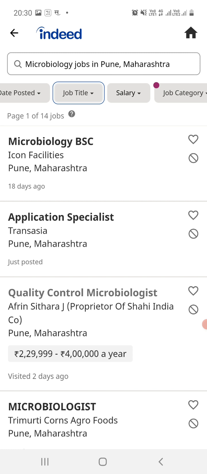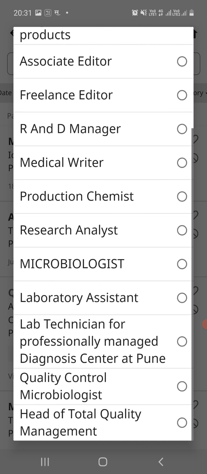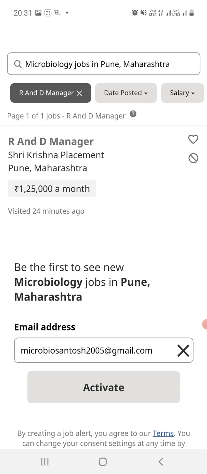After clicking on this, you will get different job positions here: microbiology laboratory assistant, lab technician, quality control microbiologist. If you want to find jobs in research and development as a manager, you have to just select this one, microbiology research and development manager.